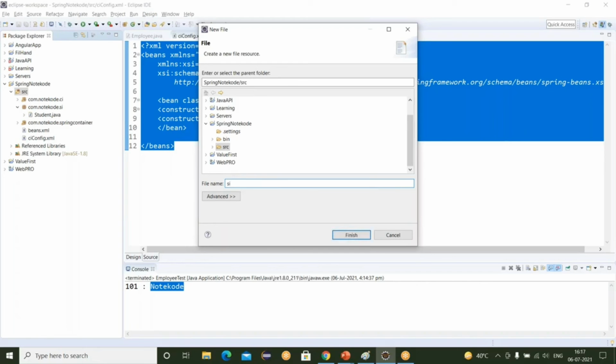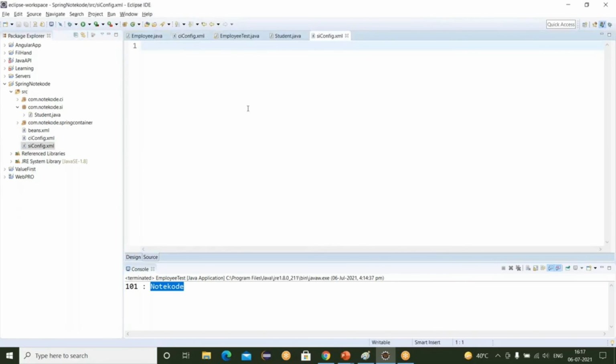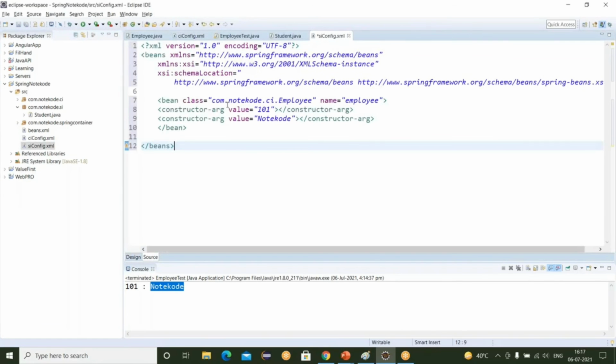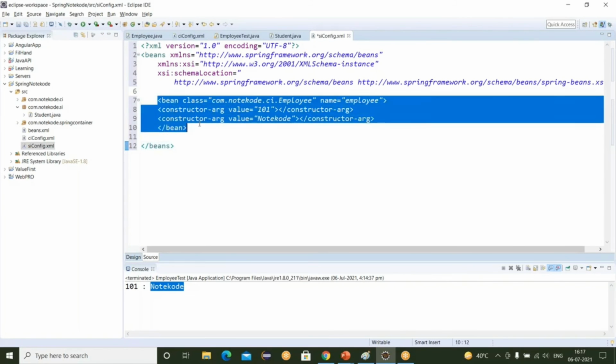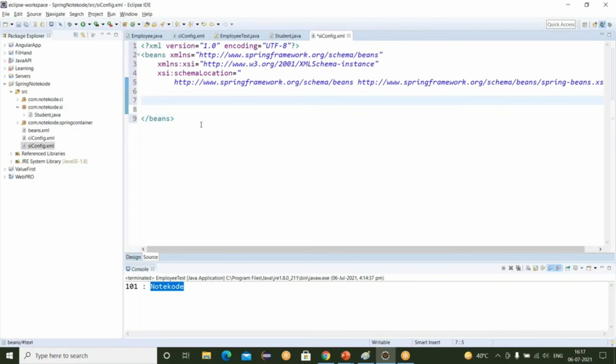For setter injection, I am taking the configuration file name as siconfig.xml. Just paste and remove the previous beans. I'm creating the fresh beans here.